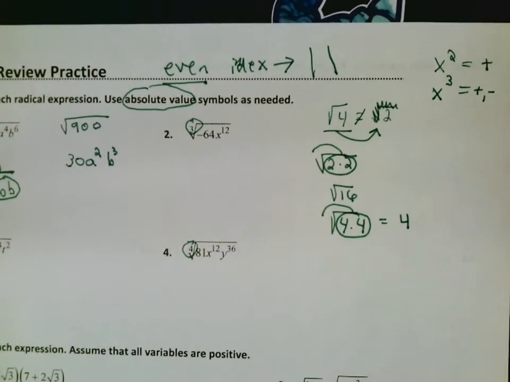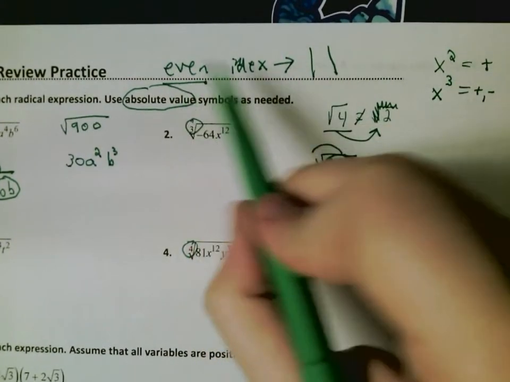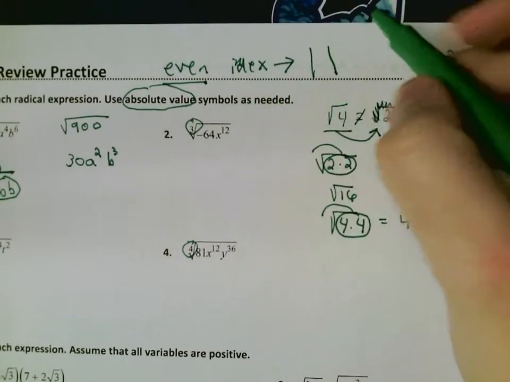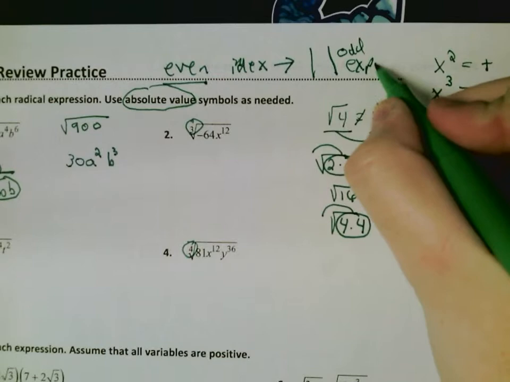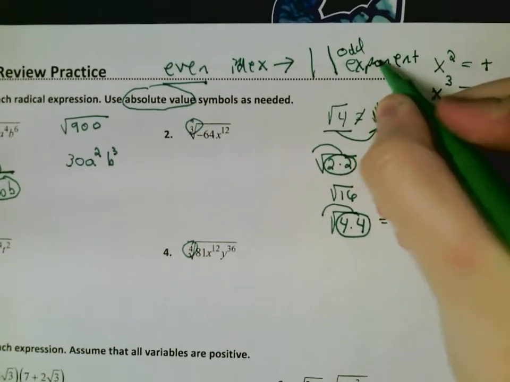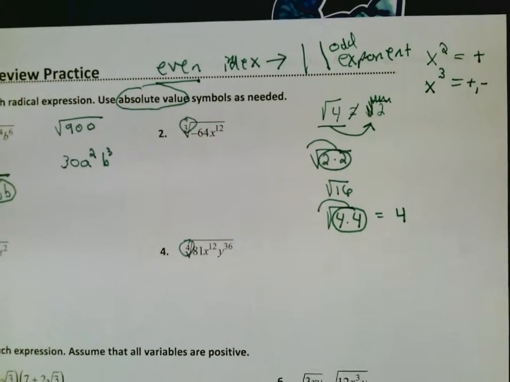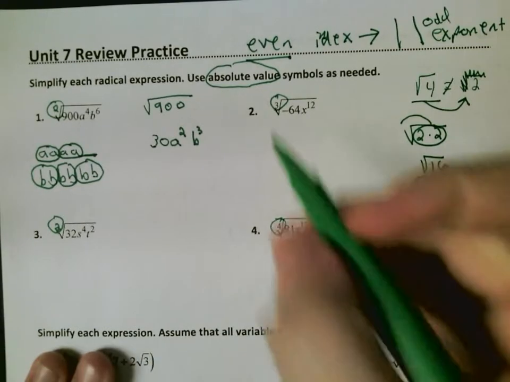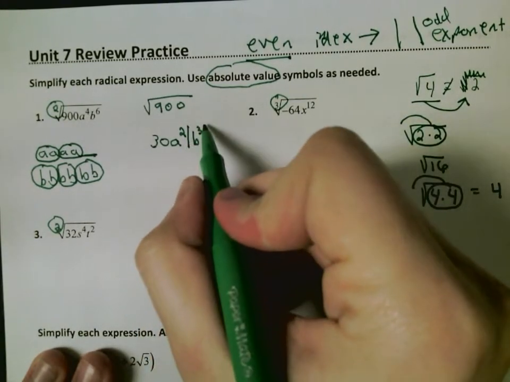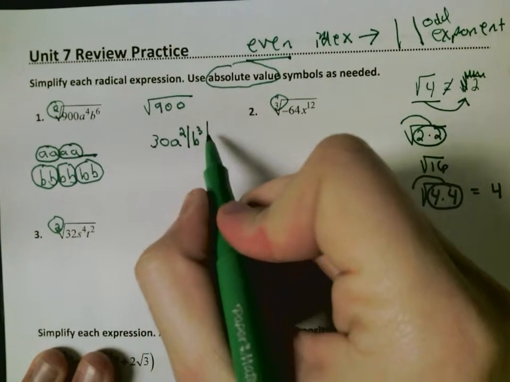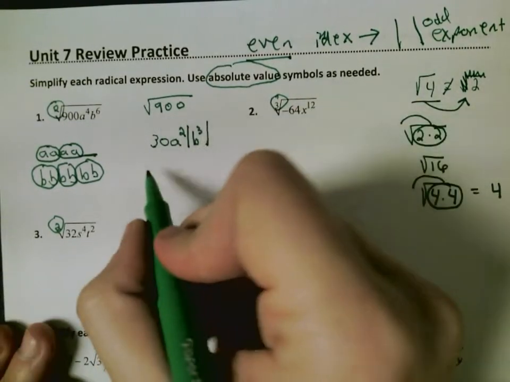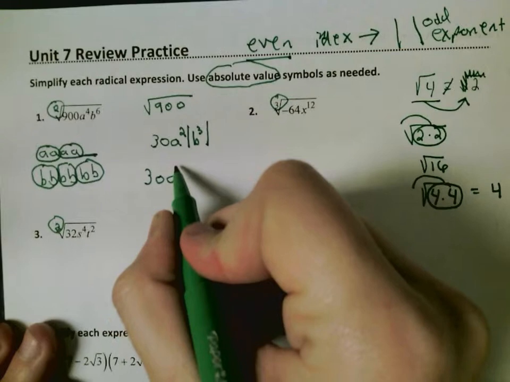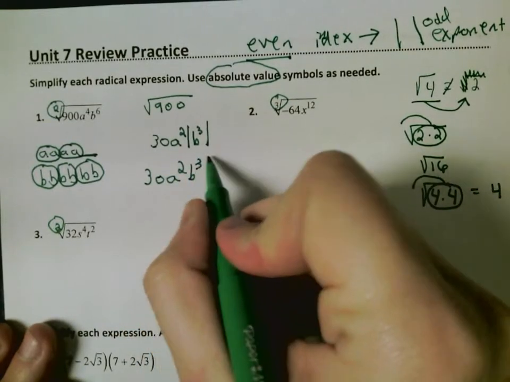So really technically, anytime the index is even, you need to use absolute value on odd exponents. Now, if you just put it around everything, that's fine. For example, this first one, in theory, it should only be around the b to the third, because that's the only thing that could possibly come out as negative. If you wanted to put it around everything, it's really not the end of the world,